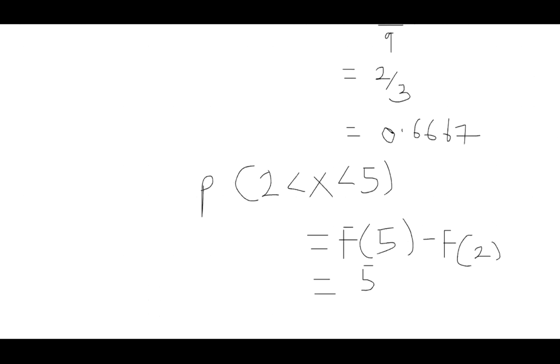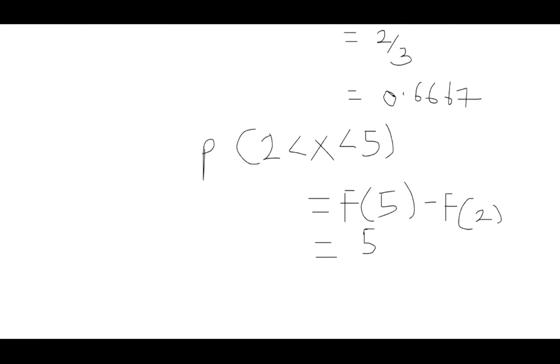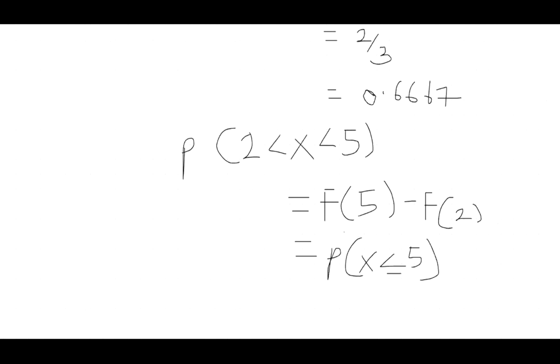All right, I believe you get that now. Yes, sir. Probability that x is less than or equal to 5. That's what f of 5 will become. This, if you're sliding on the board, you may need to wait. All right, minus this one now is going to become probability that x is less than or equal to 2. All right, so in that case,